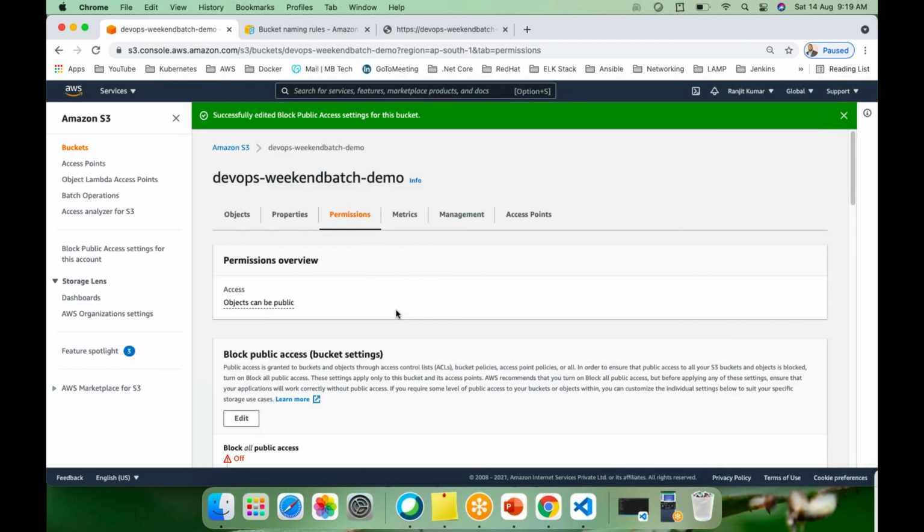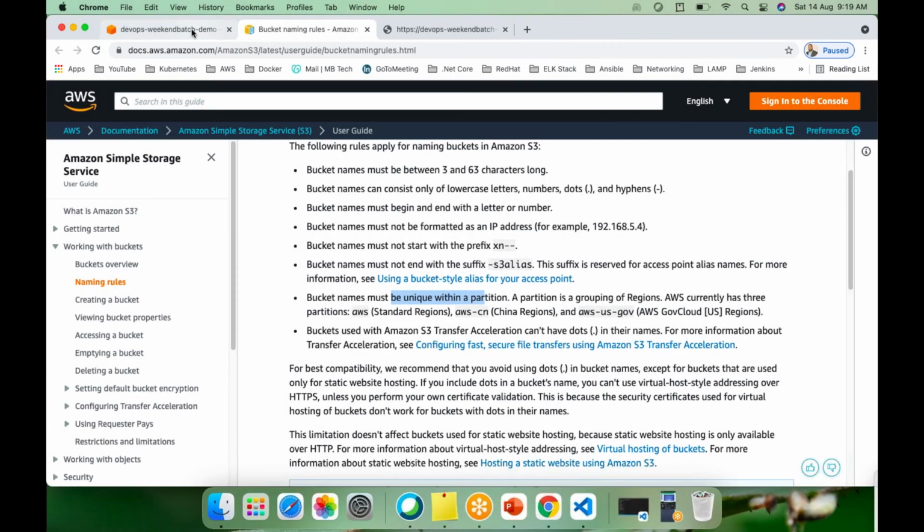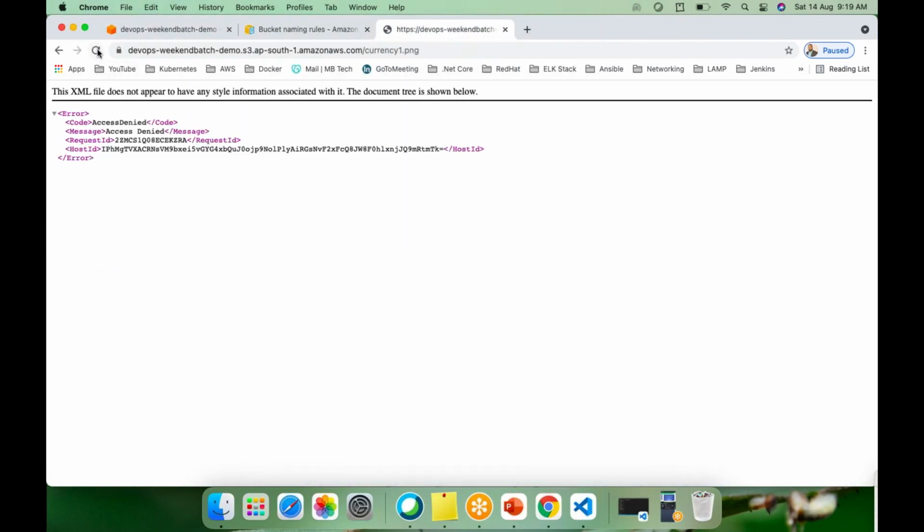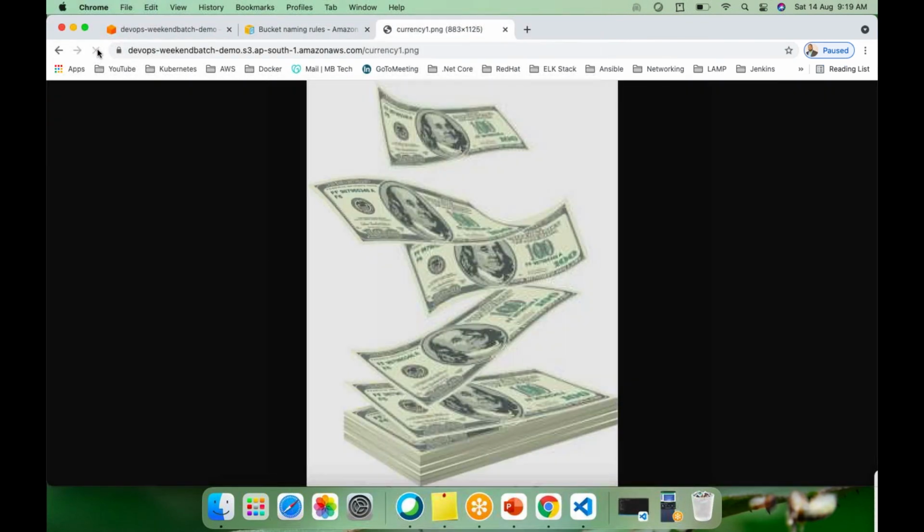If I block it all, it will be private. Save changes, and we cannot access the objects. Let me do that, save changes, and confirm it here.